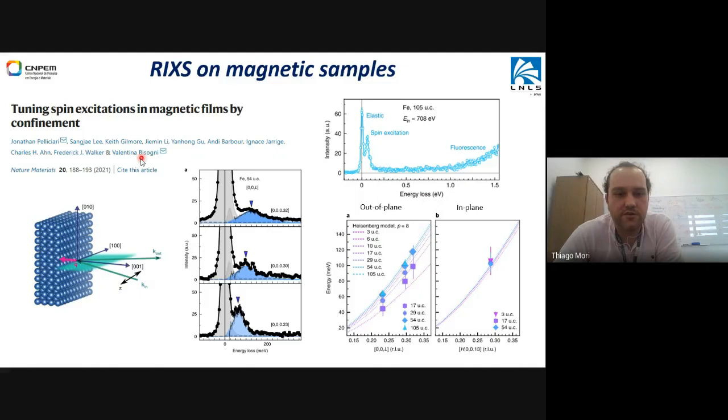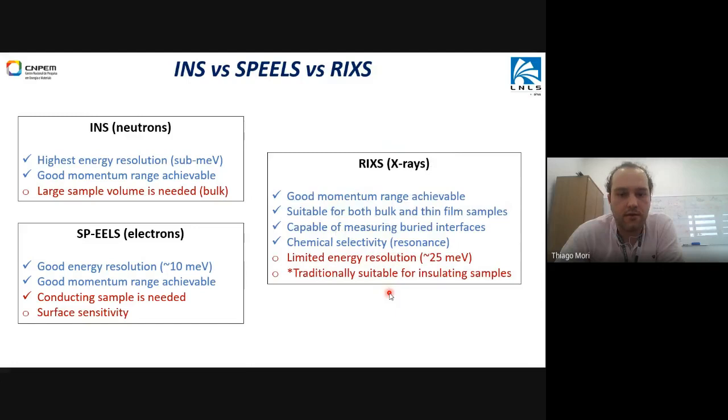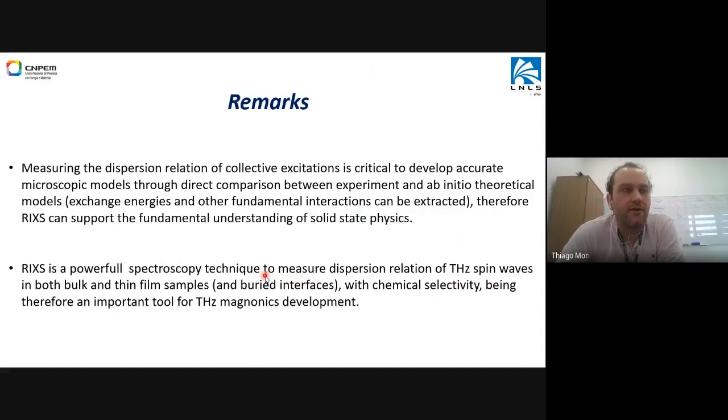So this paper is from the beginning of this year. This year in Nature Materials, they measure the dispersion relation of magnons in very simple iron thin films to show effects of confinement in thin films. That's just to show you that RIXS is a complementary technique for these other, older inelastic spectroscopies, and we are very excited